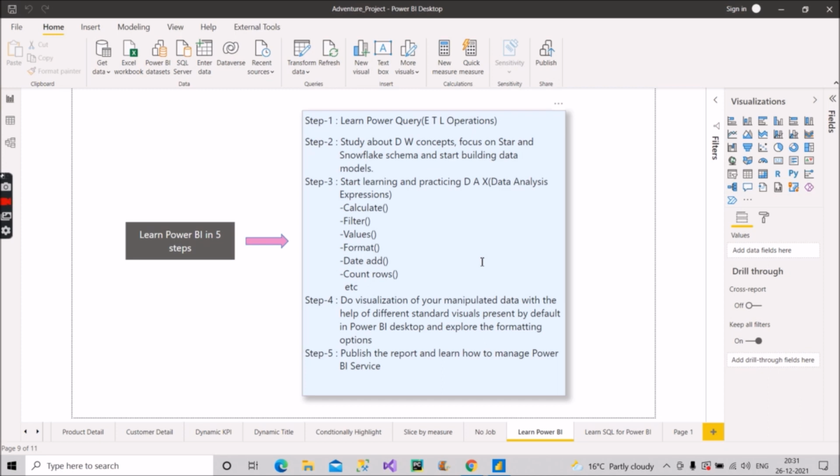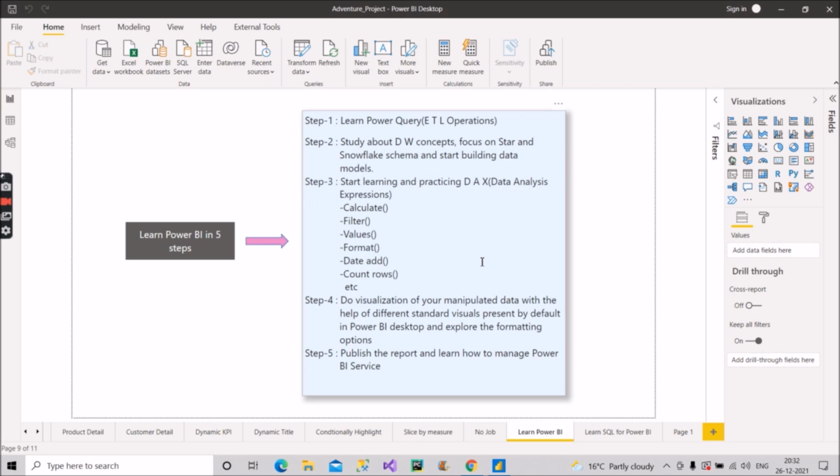As I have already mentioned earlier, in addition to Power BI, companies are also demanding another skill, or you can say the base skill that is in demand, that is SQL. They also want you to have worked on some relational databases like Oracle or SQL Server. For that, you need to have a thorough understanding of SQL also. Okay, so let's now focus on what all topics you need to cover to learn SQL along with Power BI.